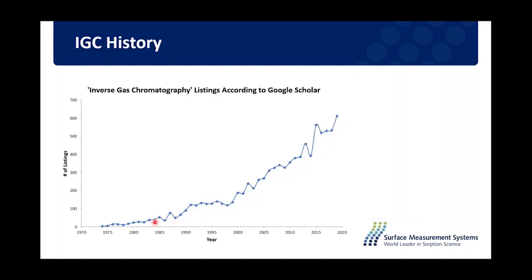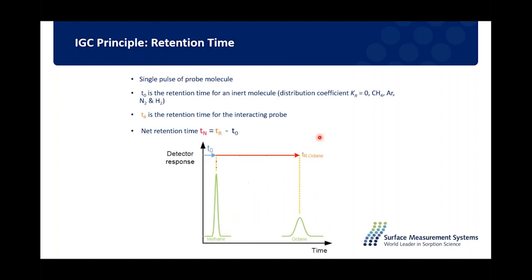And for those of you not familiar with inverse gas chromatography, it is a relatively new technique. If I track the number of citations in Google Scholar, you can see that prior to 1980, there were very few published per year. It was invented around the 1960s, but as I can see, in the last 20 to 30 years, there has been a pretty significant increase in the number of publications. So although it's not as mainstream as some other techniques, it is becoming more and more widely available and used to study surface properties of materials.